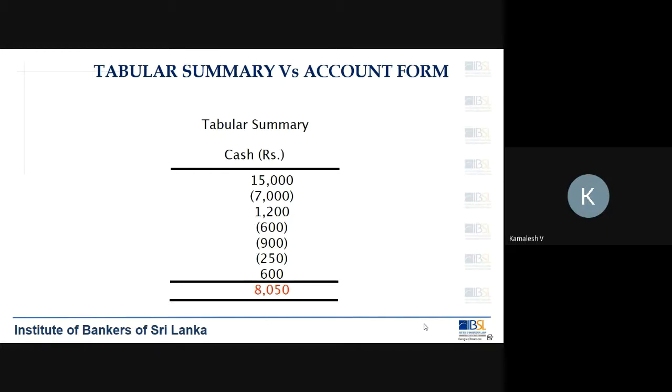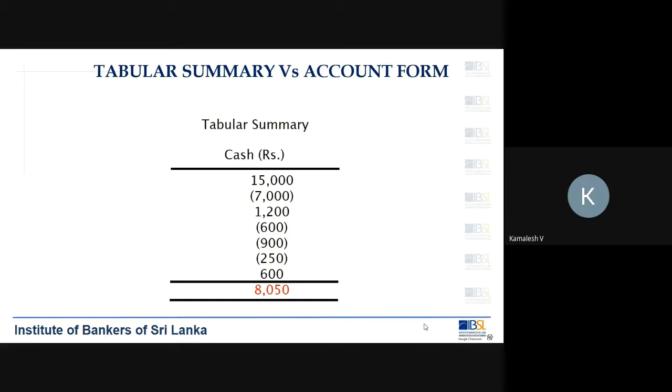So what we indicate here is that the positive numbers shown as positive are the debit transactions, or the debits. And what is shown in brackets is the credits. So you have received or paid certain transactions, or performed certain transactions, which you have listed down one after the other. That sort of presentation is known as a tabular summary.